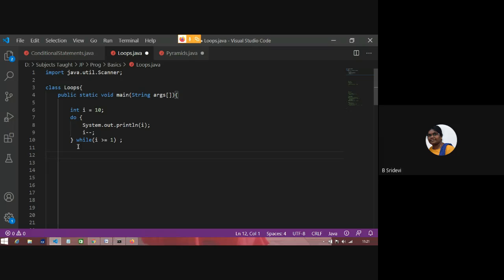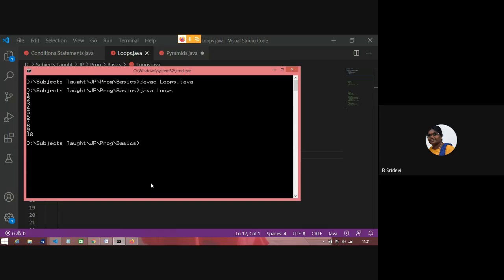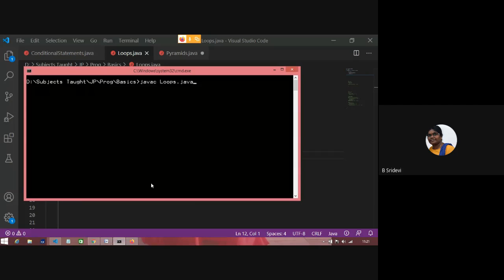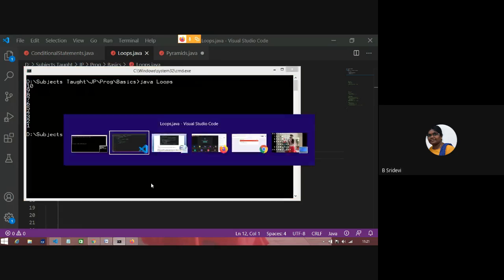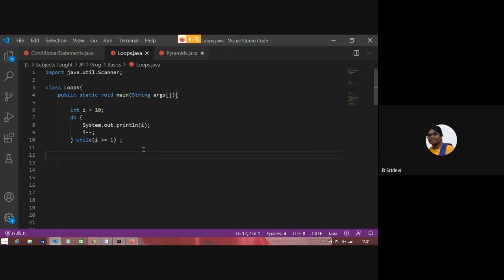Okay. Clear? So it is printing from 10 to 1. So this is the syntax, this is the way we use a do while loop.